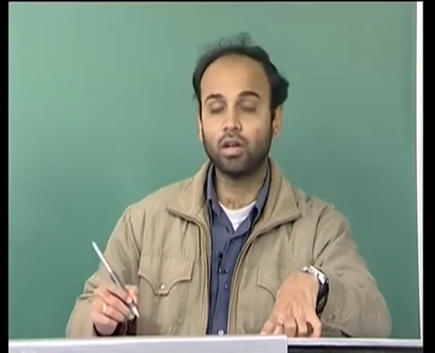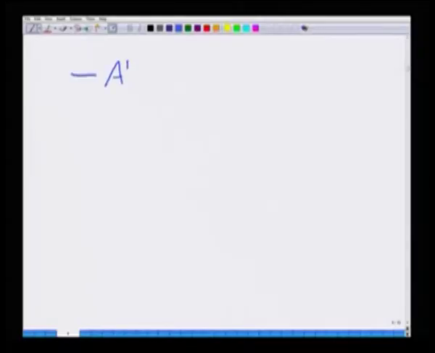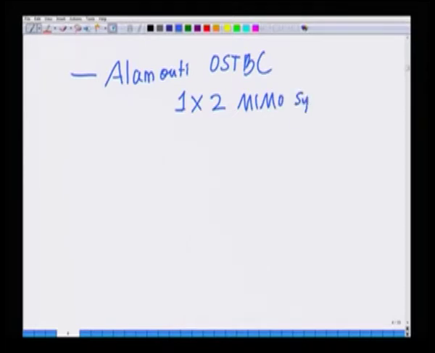In this context, we had looked in detail at the Alamuti space time block code, the Alamuti OSTBC, which is essentially intended for a 1x2 MIMO system. We said Alamuti is in fact a full rate, or R equals 1, OSTBC, and we also saw an example of a rate half, another OSTBC